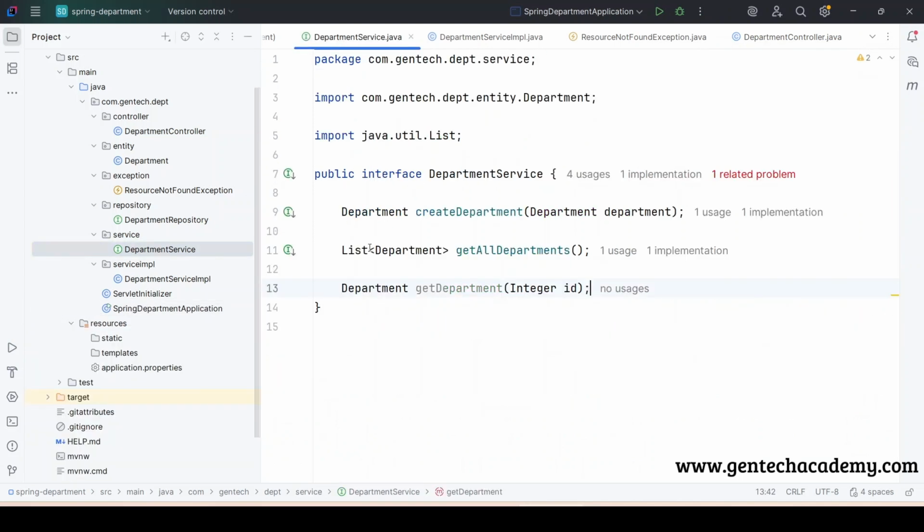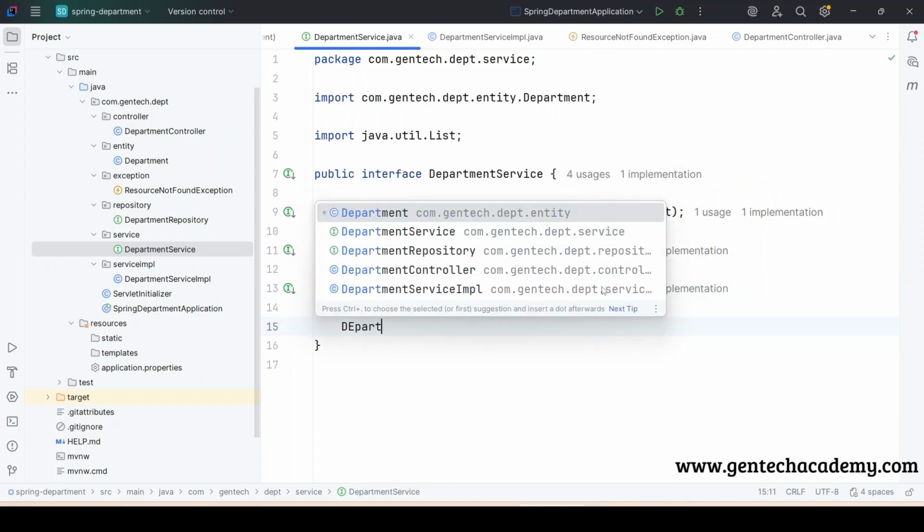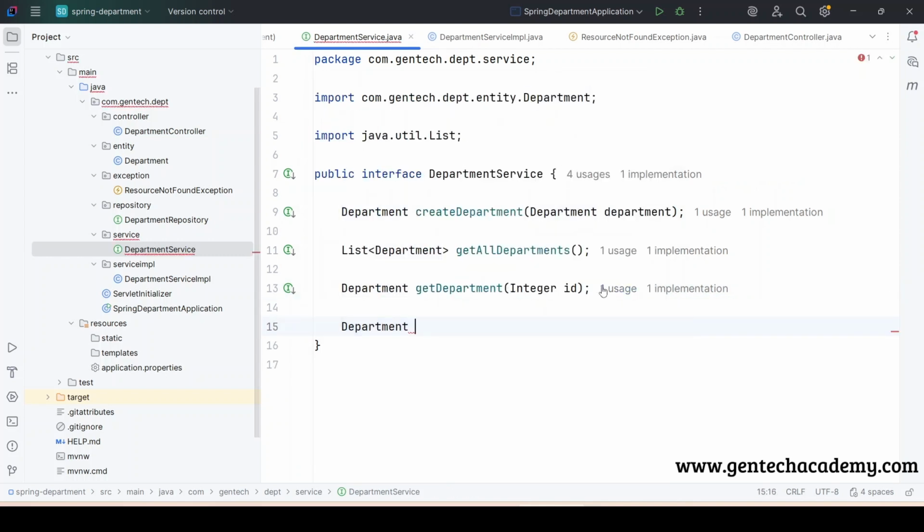and first we need to go to department service. We should write a method. The method should return an object. So update or modify, update department. So we should pass two parameters here. The first parameter is integer ID. The second one is the request body. The two parameters we need to supply. And now we need to go to